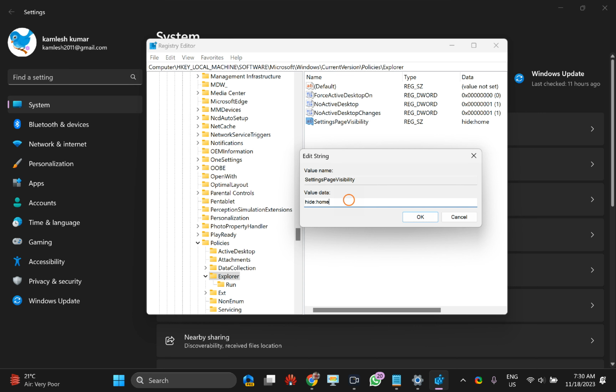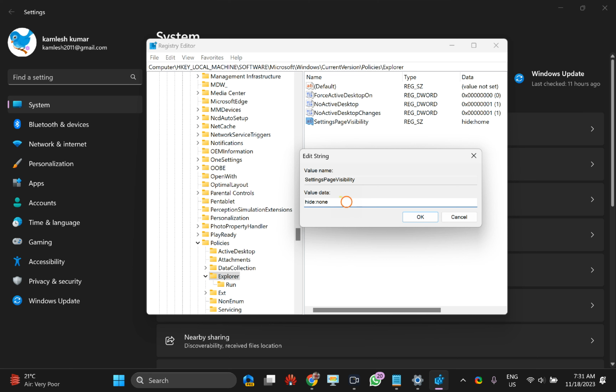This will hide the home page from the Settings app. And if you want to make the home settings page appear, then your value will be hide colon none. This will display the home settings page in the Settings app.